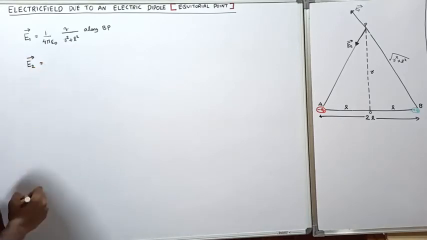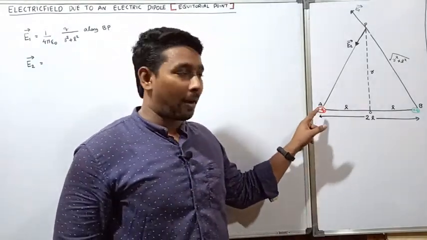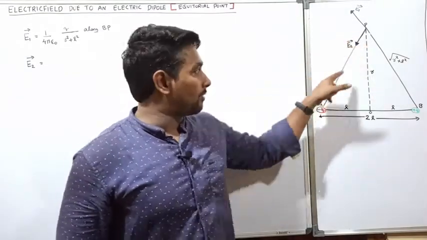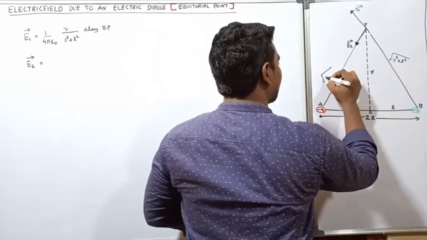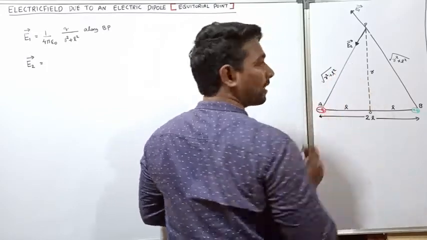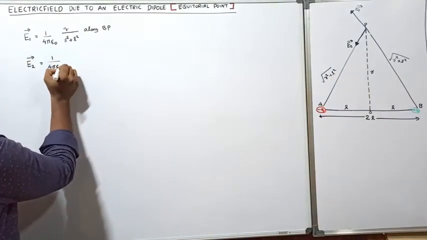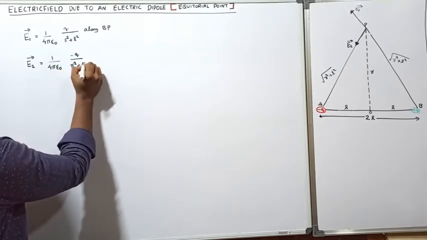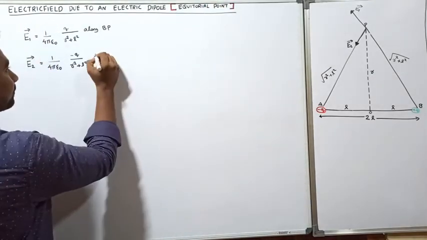Then what will be the electric field due to the second charge, E2? You can calculate that the same way: 1 by 4 pi epsilon 0, minus q by, what will be the distance over here? Here also r and L. That means the root of r square plus L square, right? That means the equation will be 1 by 4 pi epsilon 0 minus q by r square plus L square. But the direction is in this direction, that means along PA,